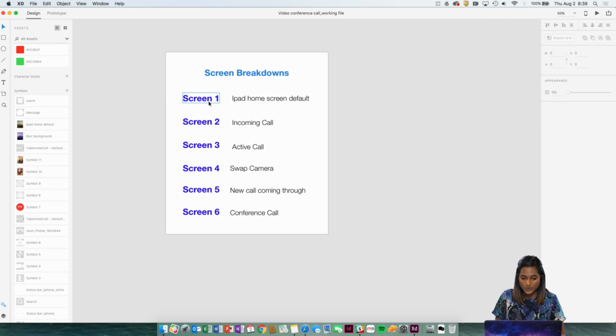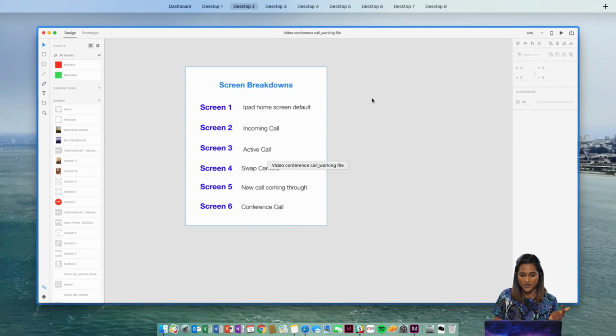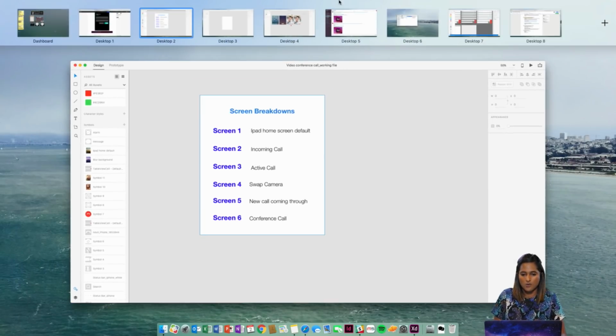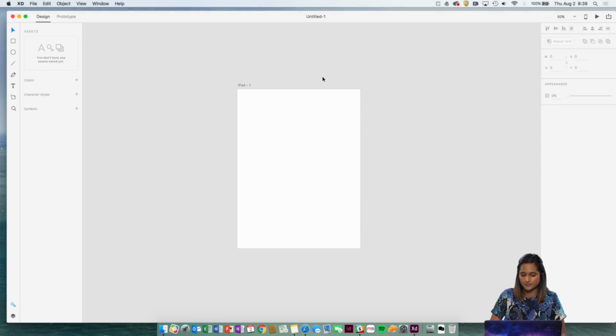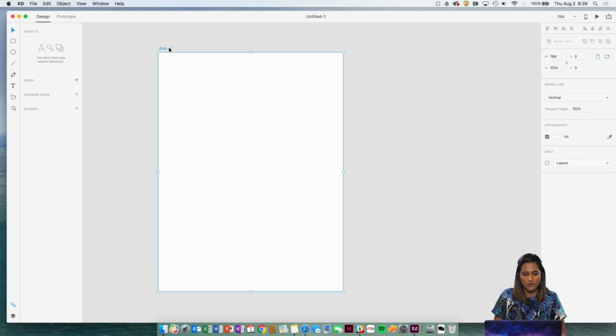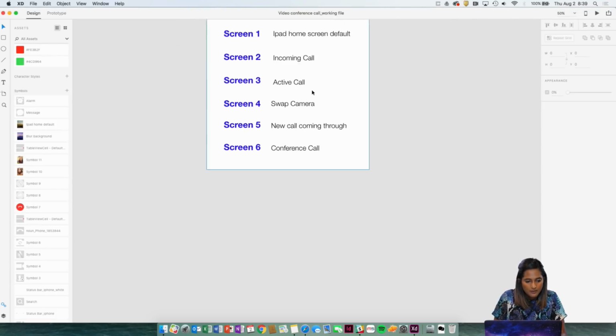So I know we're going to develop 6 screens today. We're going to go over and build a home screen default, incoming call, active call, swap camera, new call coming through, and a conference call. So let's go over and really quickly lay out all of my screens here. Screen 1. Actually, let me,